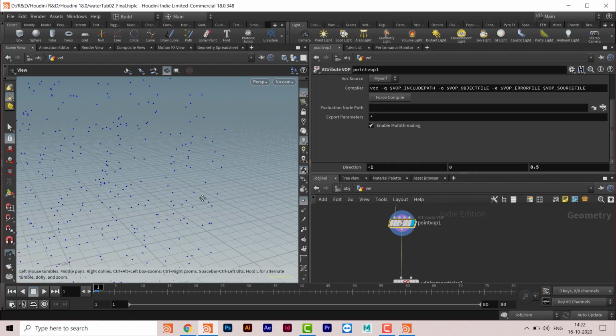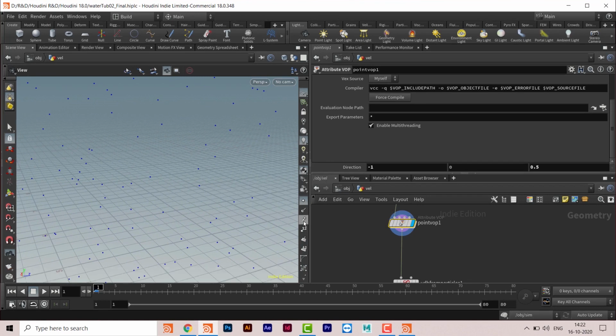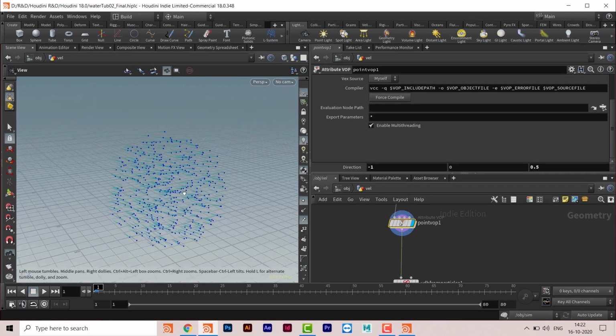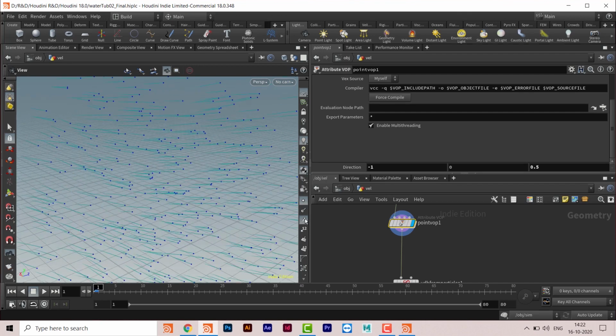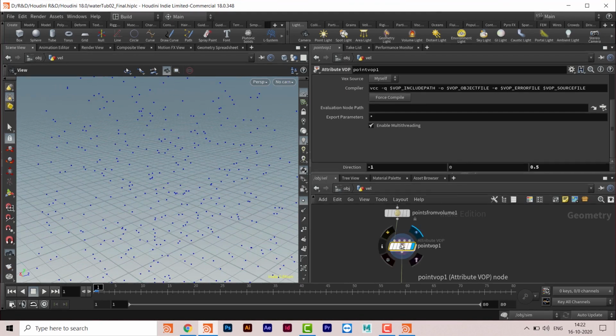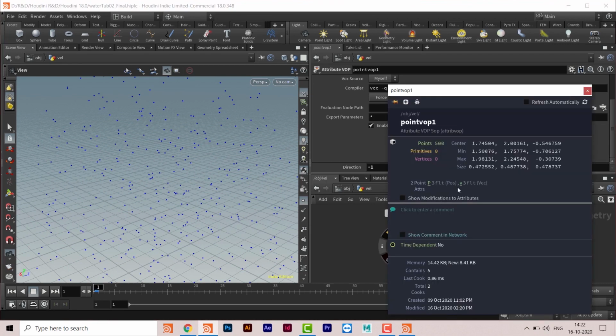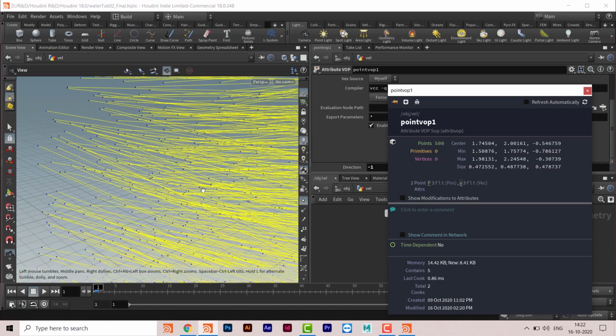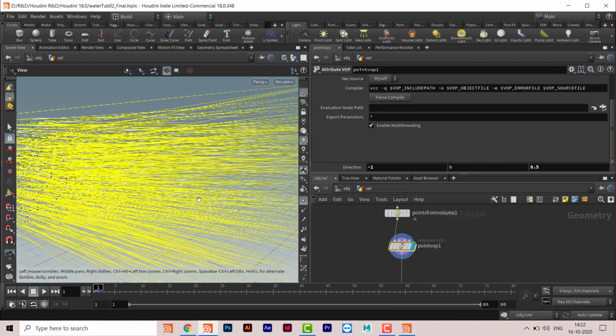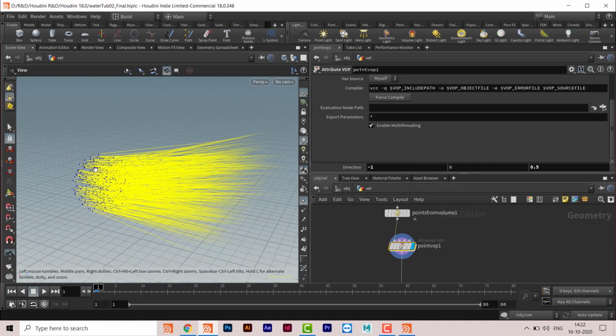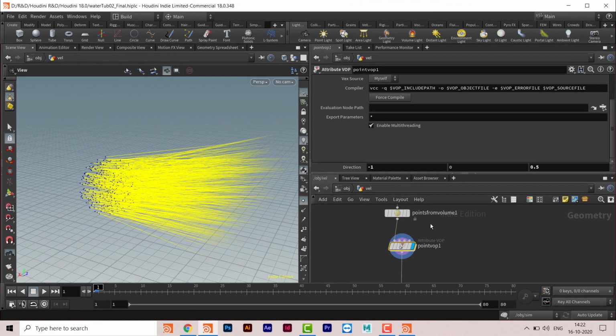Okay, so I just click here so that you can see everything, and now this is for the velocity, and now you can see the velocity here. You can also do one thing: maybe you can go to Info, and then here we have velocity, and click on the velocity. Then you can see the direction of the velocity.